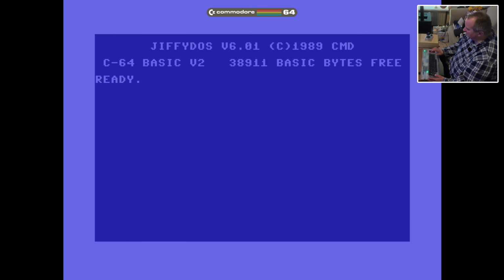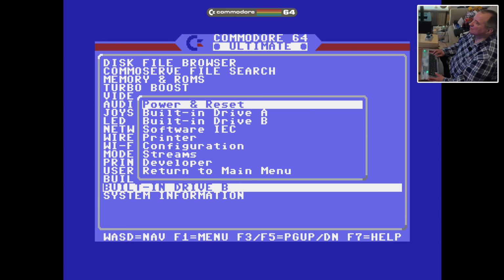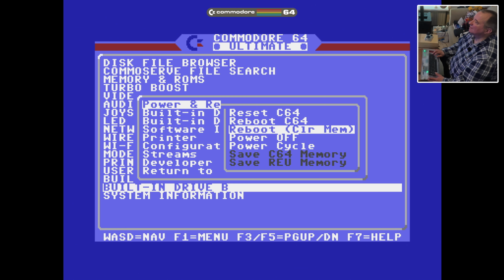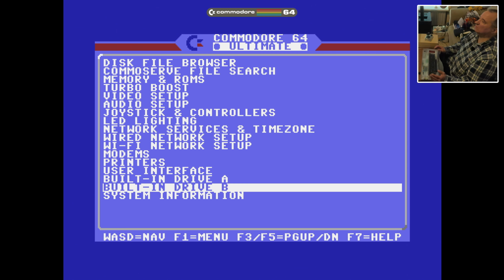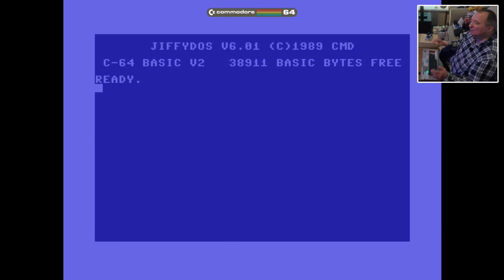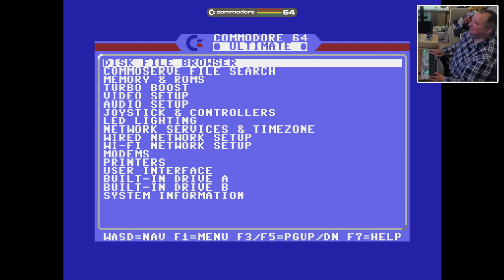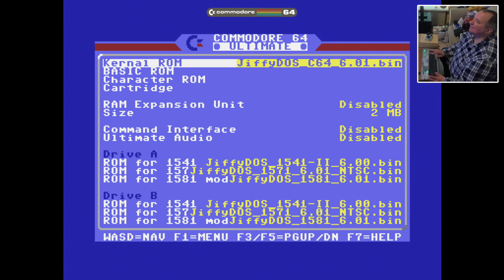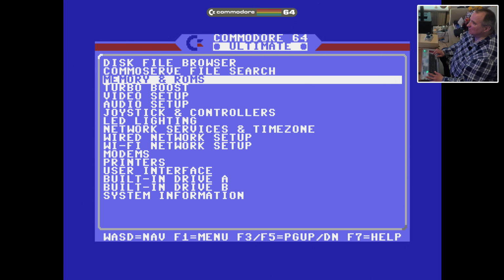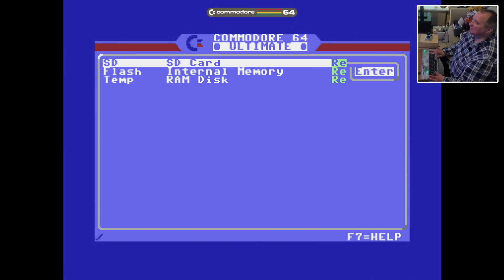So, before I forget, let's do a power cycle. So reset, power cycle. That's actually turning off your Commodore 64 and then turning it back on. And it's the same as plugging in a cartridge and turning it off and pulling it out again and then switching it back on. So let's check if everything went okay. Yes, it's disabled. So now we're going to the browser